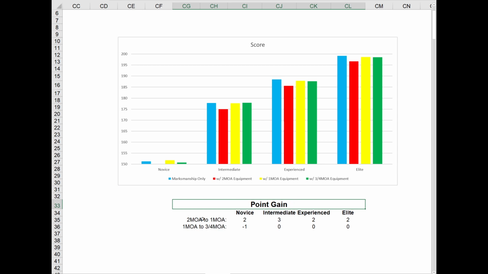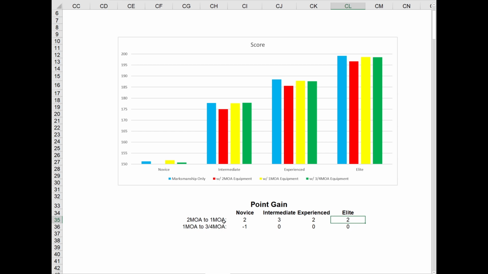So, for example, going from a 2 minute of angle rifle and ammo combo to a 1 minute of angle combo, if you improve that from 2 MOA to 1 MOA, what are you gaining as far as points on average? Well, the novice shooter gains 2 points, the intermediate shooter gains 3 points, the experienced shooter gains 2 points, and the elite shooter gains 2 points as well. So a couple points of improvement for these shooters going from 2 minutes of angle to